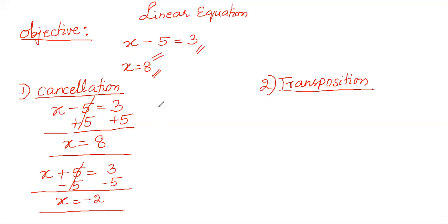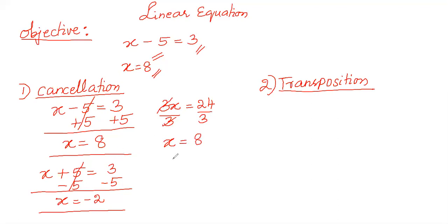Right? Suppose you multiply a variable, right, by 3 here, for example, right? So what you have to do to cancel out the 3, because you should have only the one variable, that's all. It should not contain any numbers which are added or multiplied or divided, right? So I divide by 3 on both sides. So the 3 gets cancelled here. So x is equal to 8,